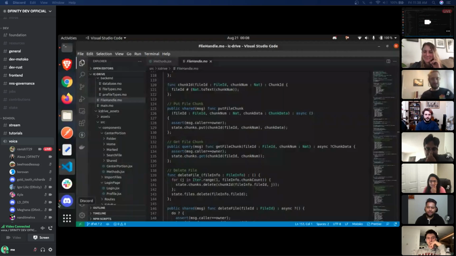Super cool. I have a question for you. How far are you from, for example, a feature for tagging some files? For example, you tag an image as your profile picture, and another service on the Internet Computer just requests your IC Drive canister and gets the profile picture from it. How far are you from that? Is it possible, and are you looking to implement it?